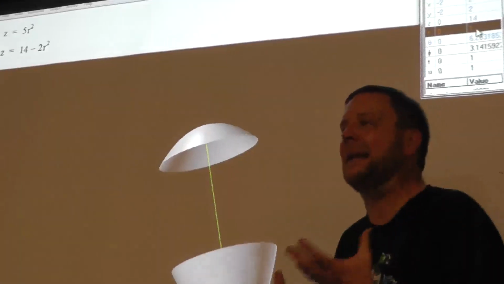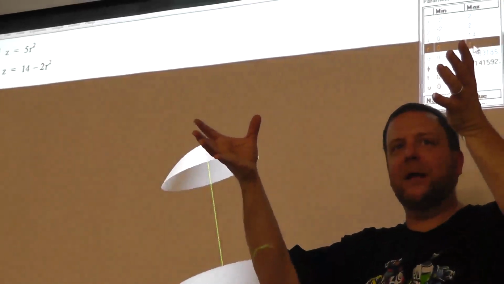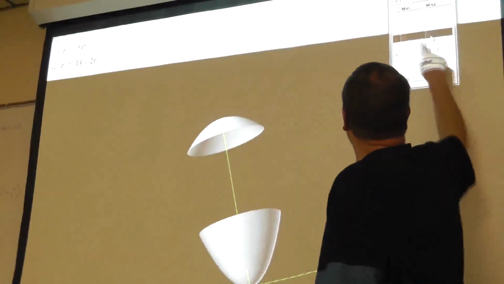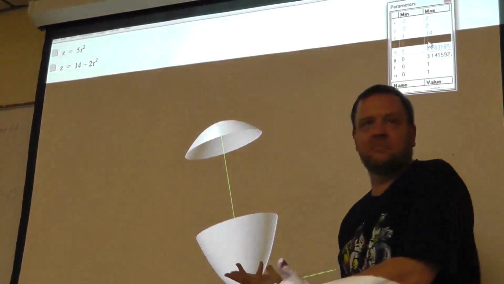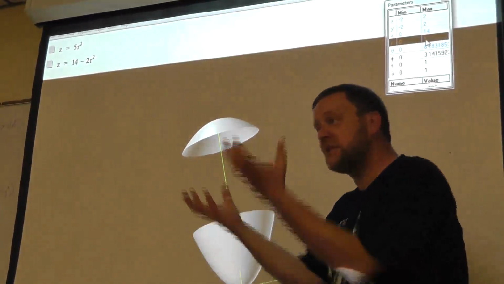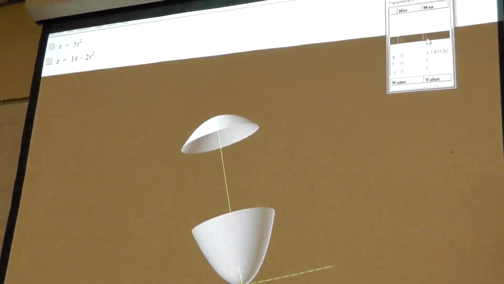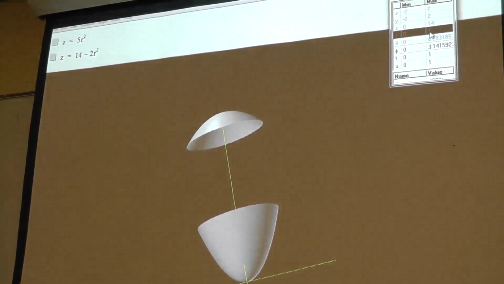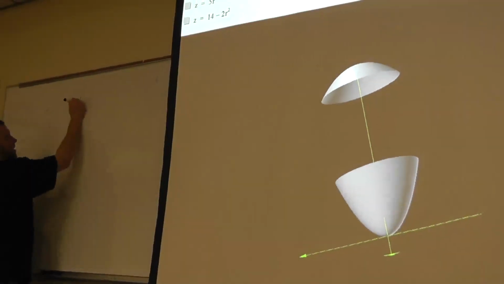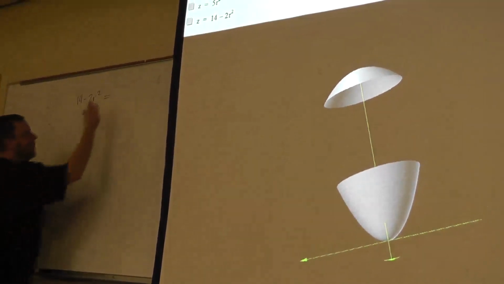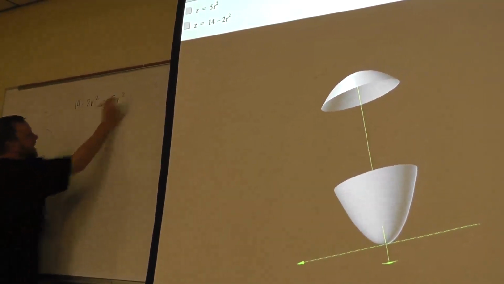We want the complete enclosure by the bottom paraboloid opening upward and then capping off where the top paraboloid opens down. So if we could figure out that r value where they meet, then we're golden. So what you had to have done is just to set the two equations equal to each other at some point. Set the paraboloid on the top, which is 14 minus 2r squared, set it equal to the paraboloid opening up from the bottom, 5r squared,